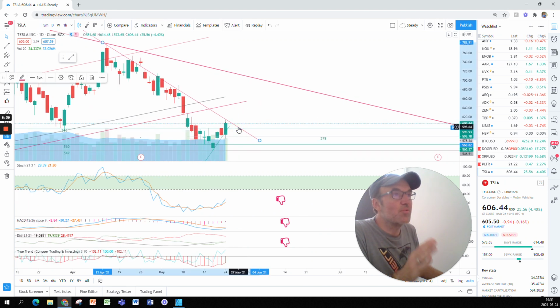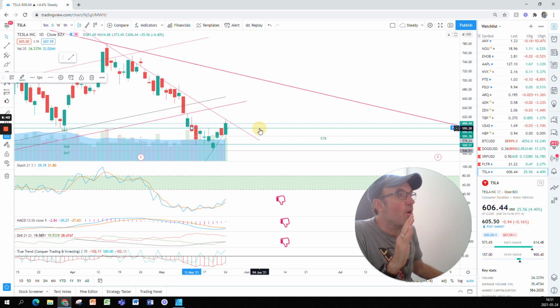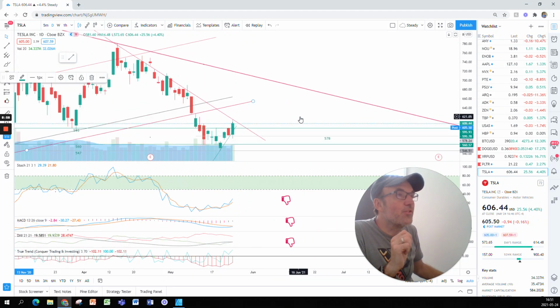This resistance is really into play. This is critical to see what is going to happen next. So be on the lookout for 595, and be on the lookout if 595 has been broken, then we are going to fall back on 560. So this resistance, and also